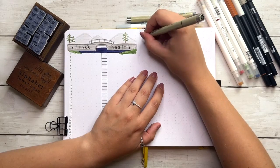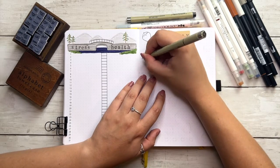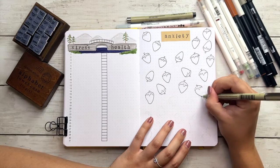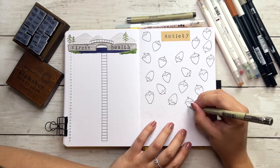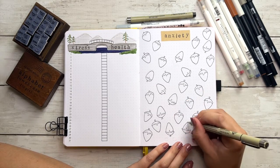And now we are moving on to my anxiety tracker, and I have been doing a different anxiety tracker for the past couple months. It's been in a line graph style, but now we are moving on to a more doodly style like I've been doing pretty much since I started bullet journaling. It's been really good to get back into the doodling groove, but honestly, this anxiety tracker gave me a run